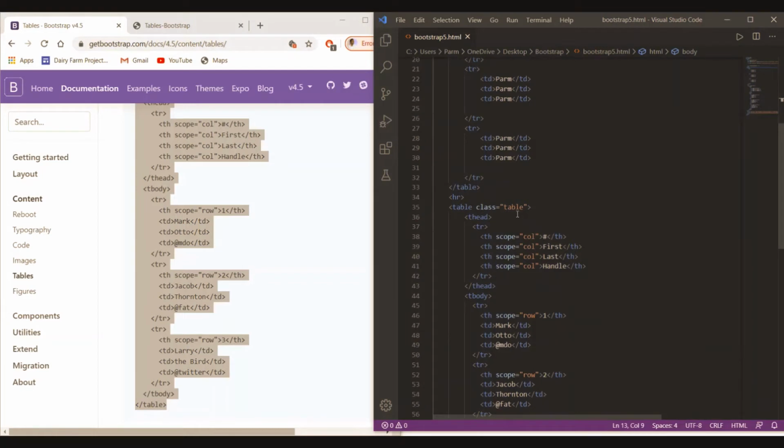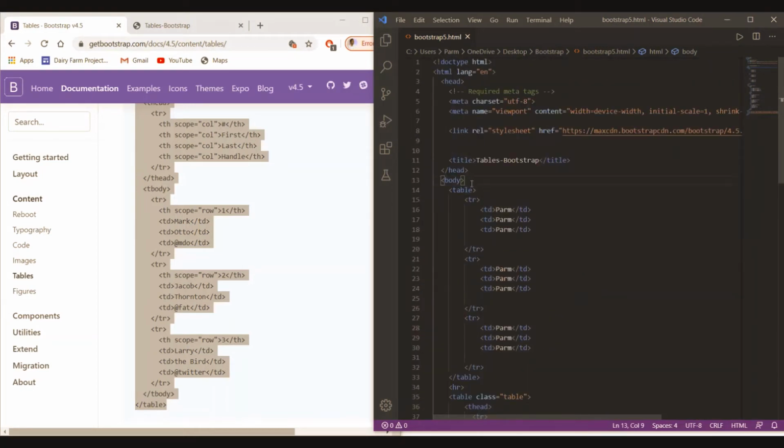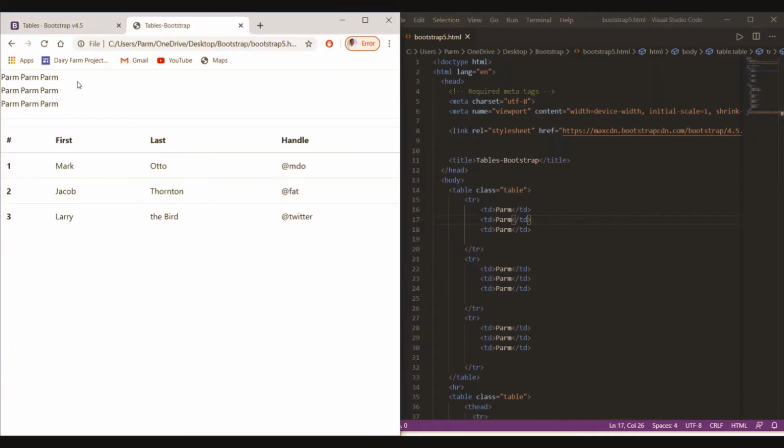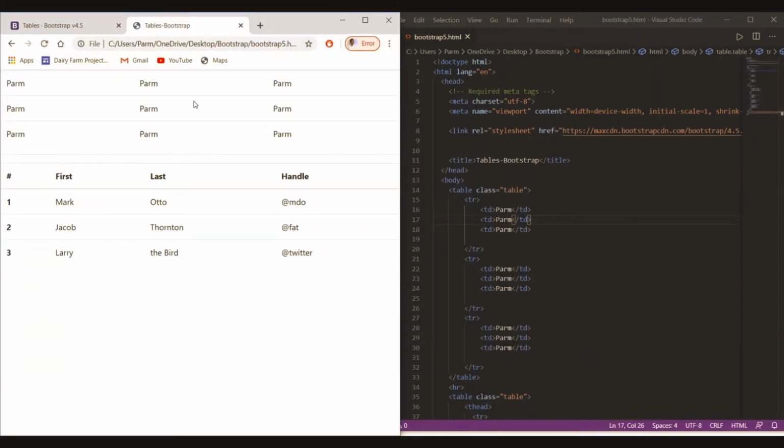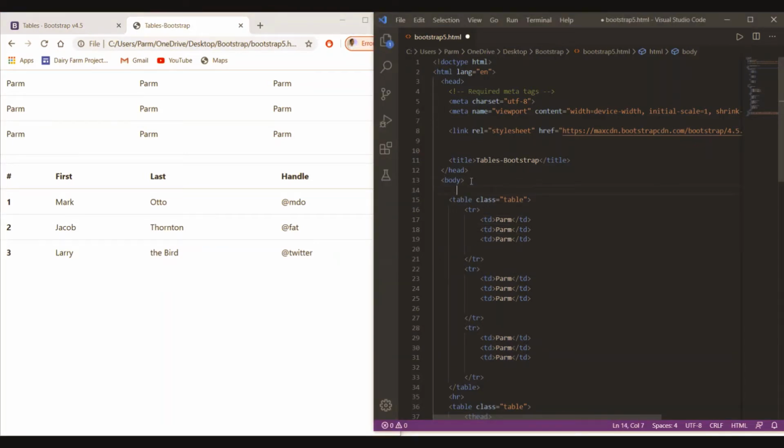So all the work over here is done by the class table. So if we include this class table here, what's going to be changed over this class table? Save it here. Here we go, refresh it. Yeah, look at this. Okay. So this way we just can move further. We just make it boxed.